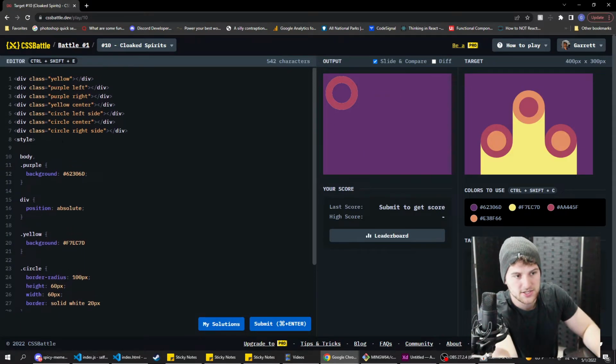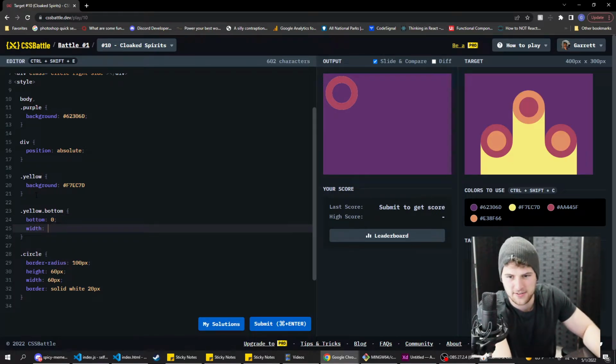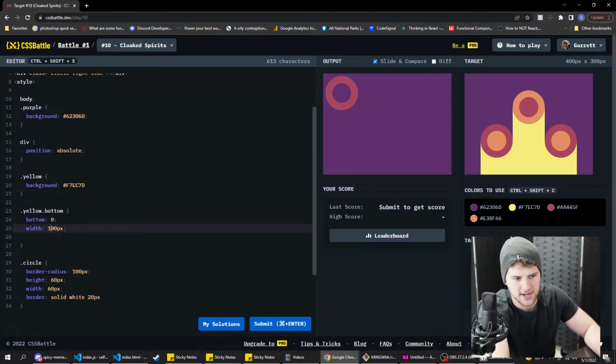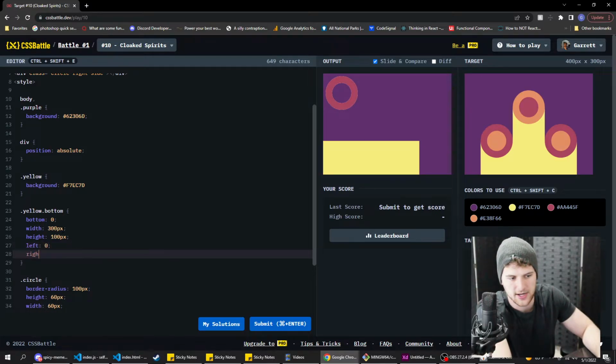So on to the yellow one, right? So we just gave it yellow. Bottom, we'll say yellow dot bottom because nothing else is gonna be the bottom of this. So bottom 0. Width is going to be, how big is this box actually? 400 pixels, and that one's 300. And the height of that is probably going to be, what, 50, 60, 70, 80, 100. So we'll say the height and the width is 100. Or wait, no, the width is 300. The height is 100. That looks fairly close. And then we'll say left 0, right 0,